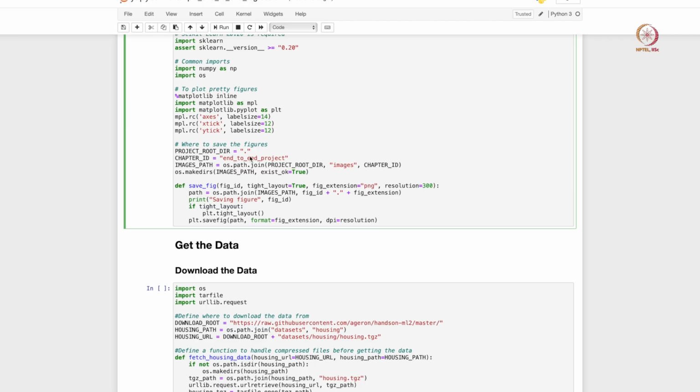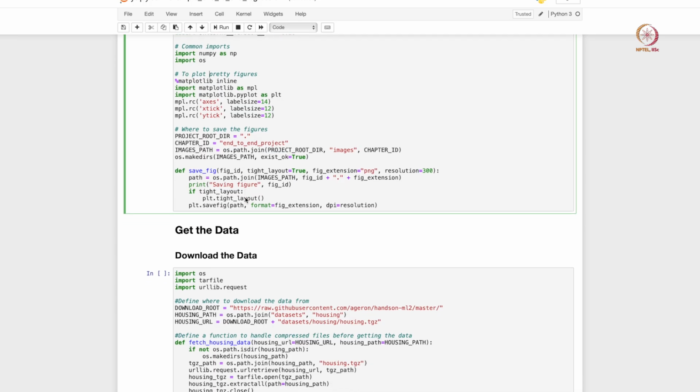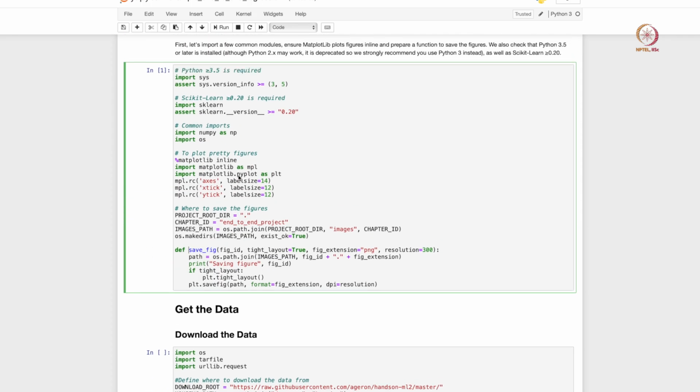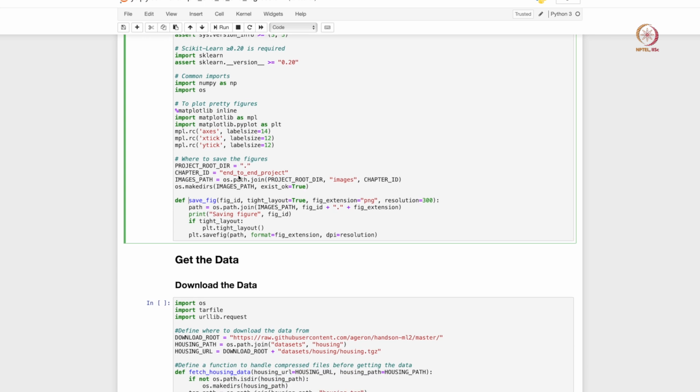This is to help ensure that your files are organized as you keep executing different notebooks through the duration of this course, right. And we also define a save figure option here to make sure that our figures are getting saved, so that we can look at them even after the notebook is closed down, right. So the first block is just basic definitions, and it is often useful to define such a block to ensure that your notebook is compatible with what you want to do, right.